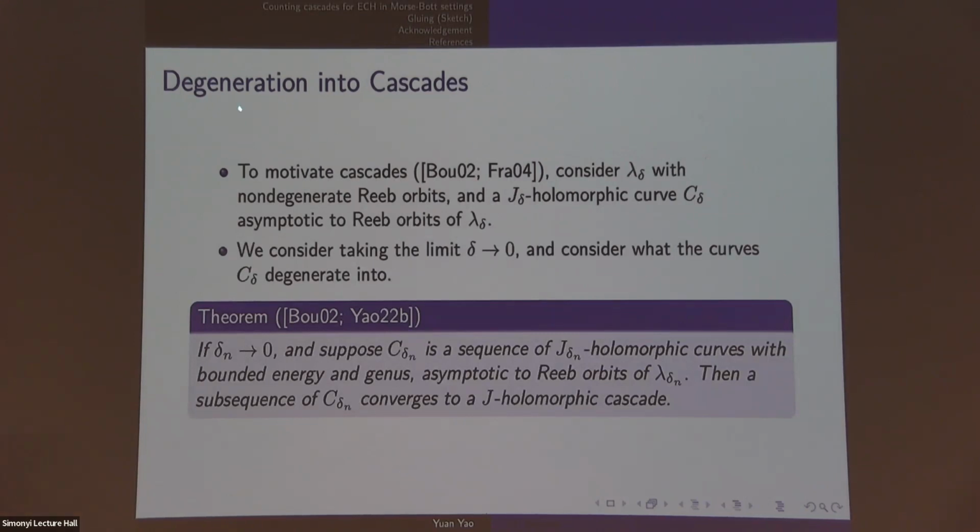So the answer is that you count cascades. The notion of cascades first appeared in Bourgeois and Frauenfelder's thesis. To motivate them, consider the following. Suppose you have a perturbed non-degenerate contact form and non-degenerate Reeb orbits, and you have a holomorphic curve that's asymptotic to the Reeb orbits, and we take the limit as delta goes to 0. We take the limit as the size of the perturbation goes to 0, and we consider what the curve C delta degenerates into. And the answer is that if you have bounded energy and genus, it degenerates into a J holomorphic